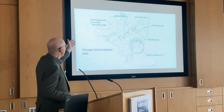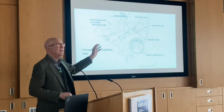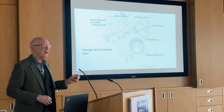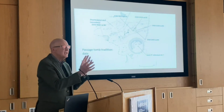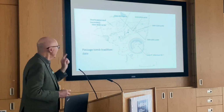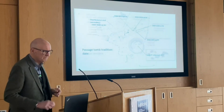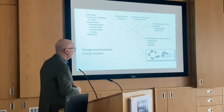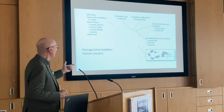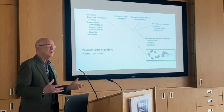In terms of dating, they all come out at around 3,350 down to virtually 2,900 BC, towards the end of the Middle Neolithic period. So this is really setting up for what we are coming to. I thought it interesting, while we're here, to talk about what was in those tombs. Well, those cremated materials,